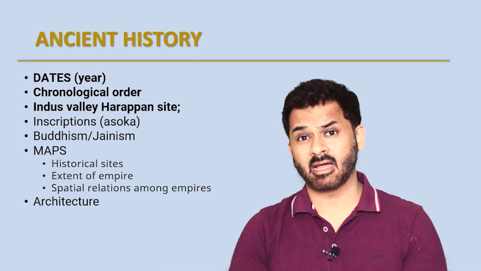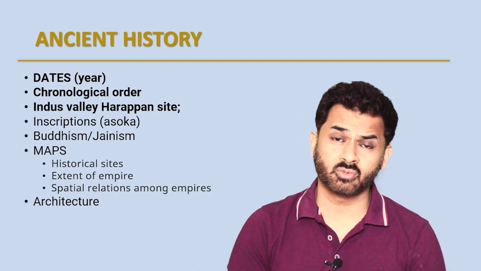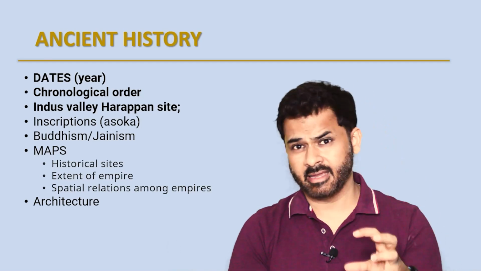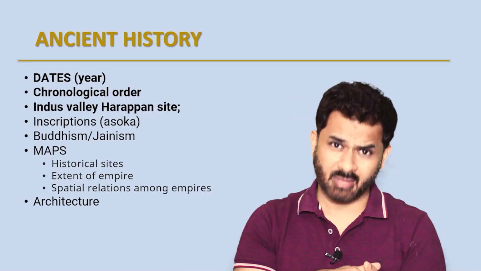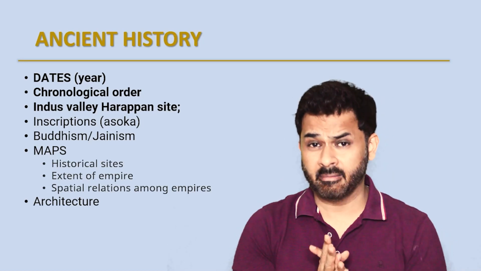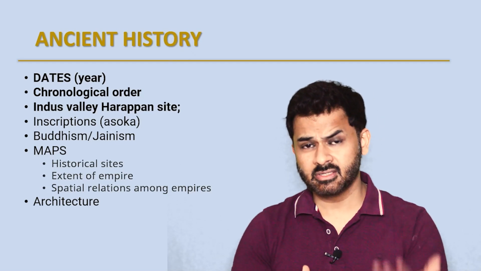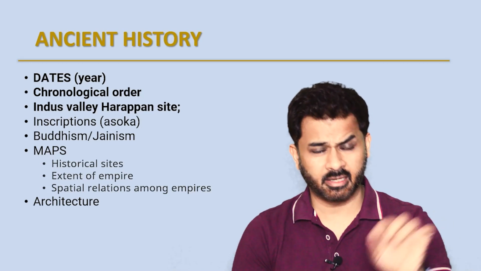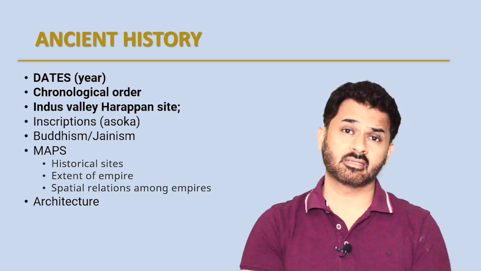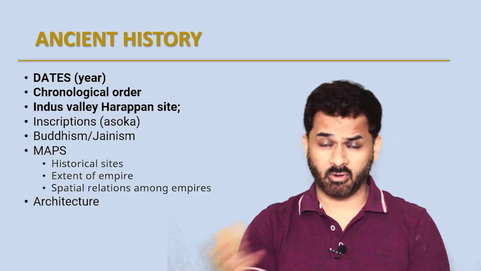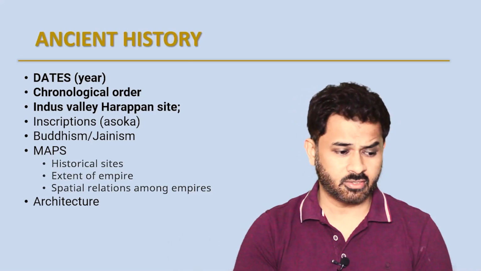If you are good in maps, then in your usual atlas itself, all those small maps given related to history should be mapped in your mind, like the extent of all the empires, because many times by overlapping those maps, or by the extent of different empires, we can apply some reasoning and get to the correct options in the answer. So it's very much possible. Take maps very seriously in your last leg of preparation. Of course, for geography you will anyhow be doing it. I will tell you that in detail as well, but in history also try to focus on that area.